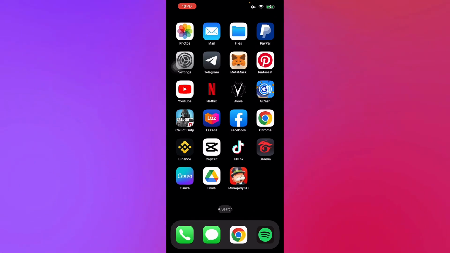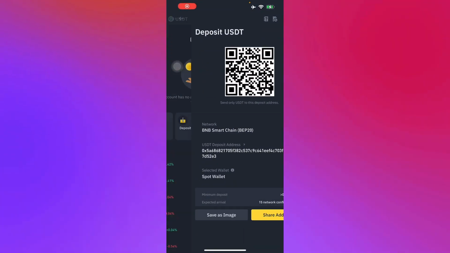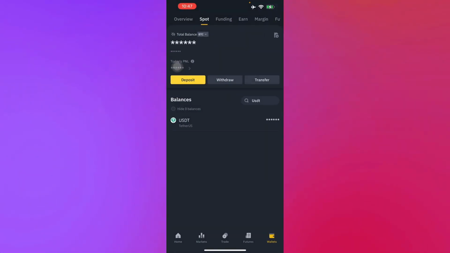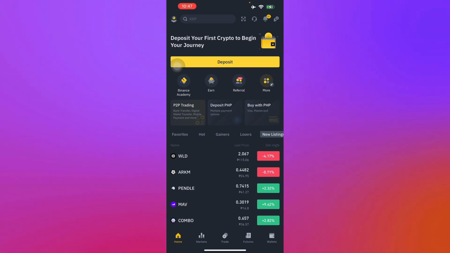So let's get right into it. First I'm going to teach you how to deposit in 3 ways. The first option is going to be by logging into Binance first, of course. And then here I will show you the first option, which is depositing from your